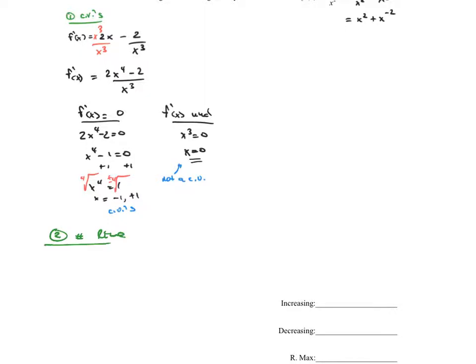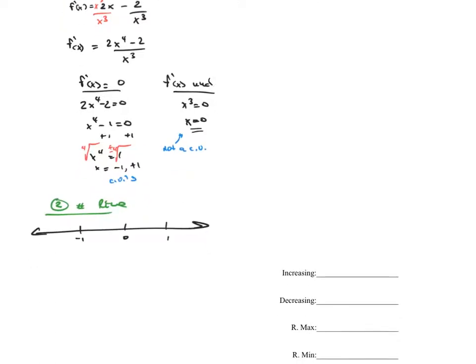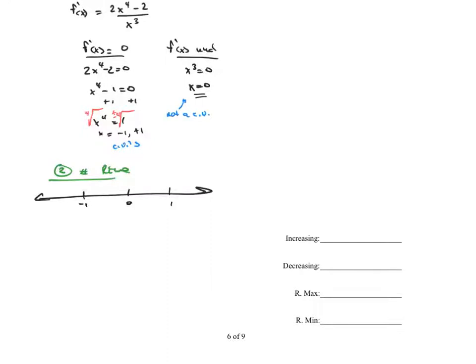When we create that number line, we're going to go from negative infinity to infinity. We're going to plot the points negative 1, 0, and 1. We're going to think about our derivative, f prime of x. So our derivative at negative 1 was 0, and at 1 was 0. And this was undefined,